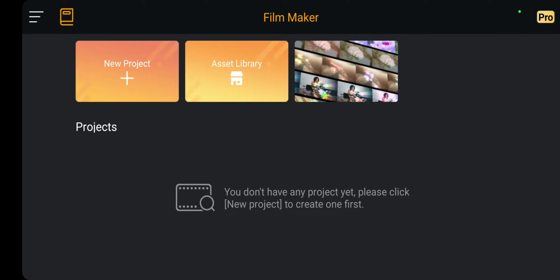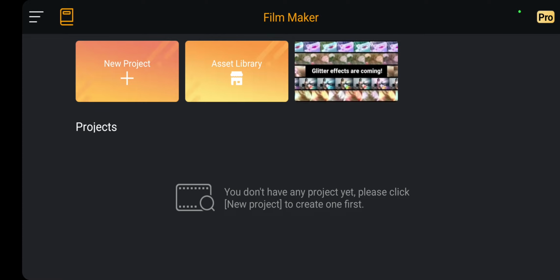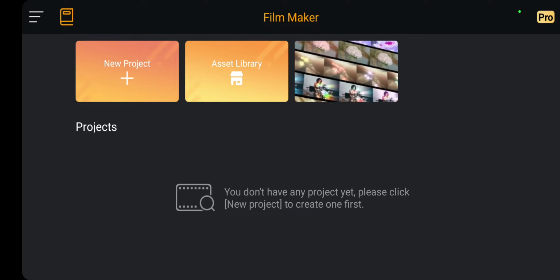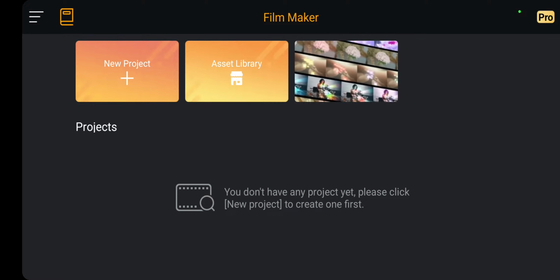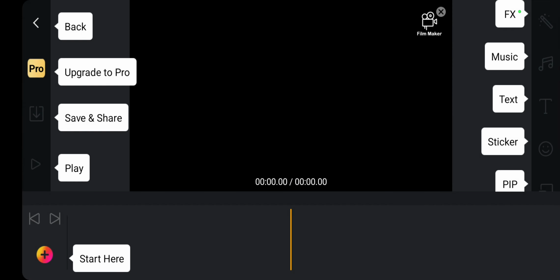So let's jump into it. First of all, open the application on your device. Click the new project button at the upper left side of the screen, and here you can find